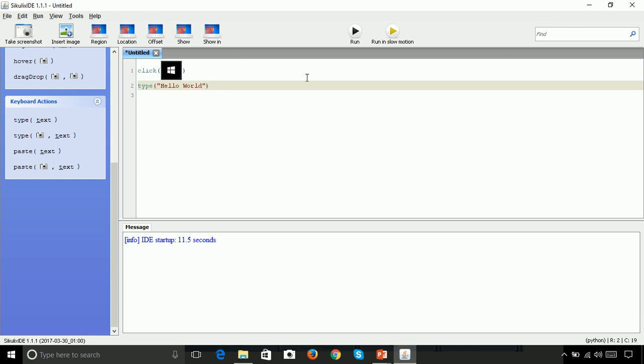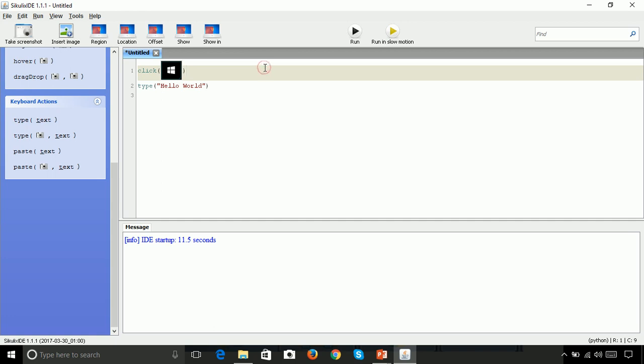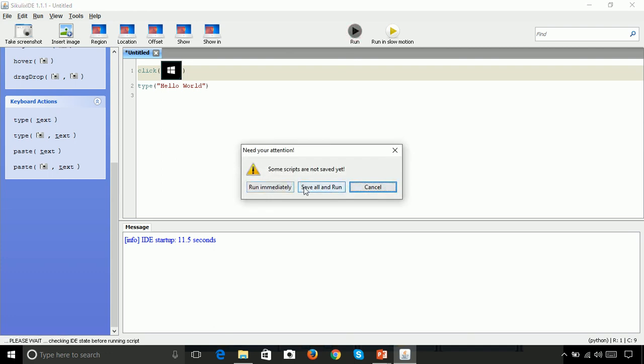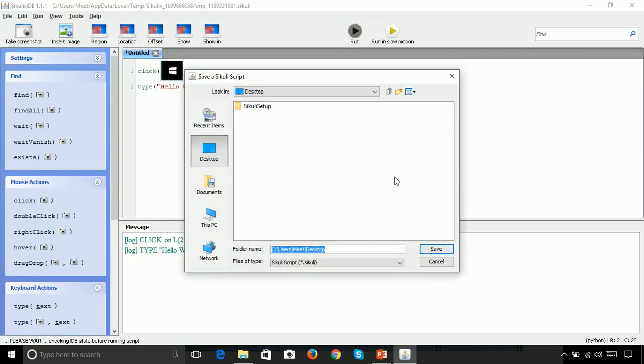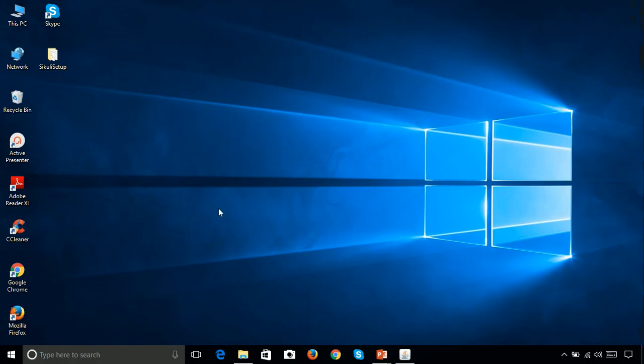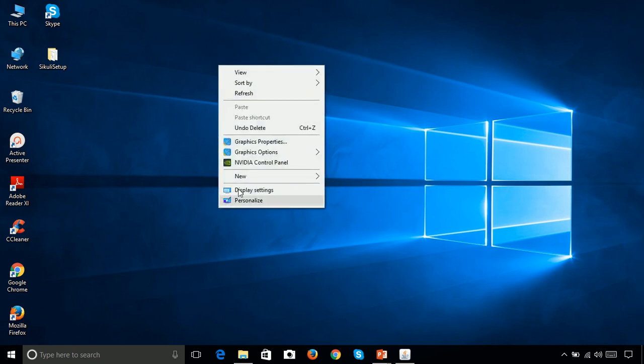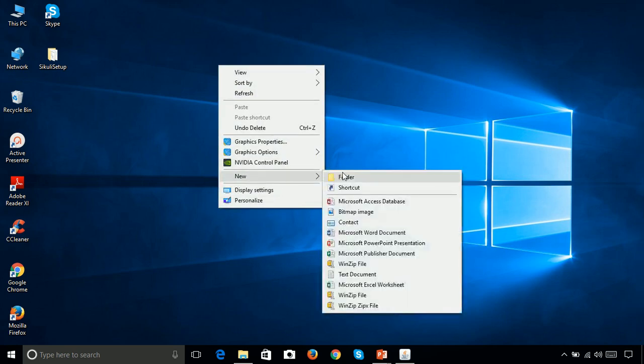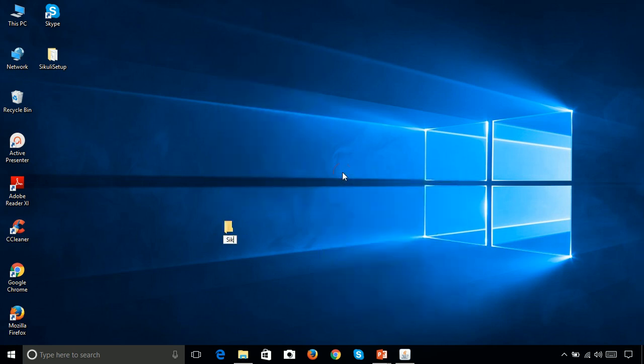So now let's run the script. Before running, let's save it. To save all the Sikuli scripts, let us make a new folder, Sikuli scripts. Let's navigate to the desktop and create a new folder to store all our Sikuli scripts. So I will create a Sikuli scripts folder.